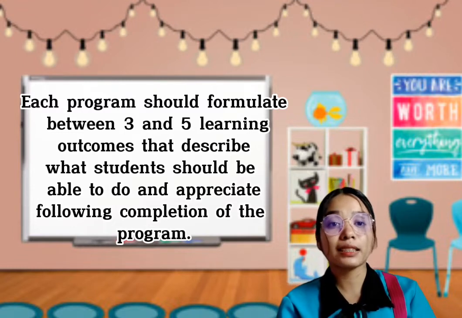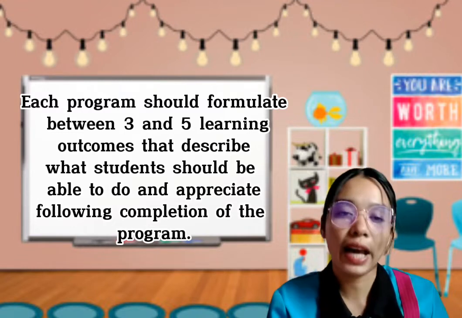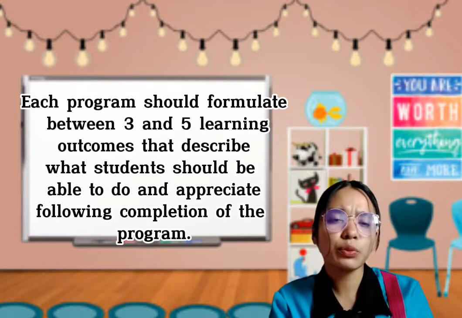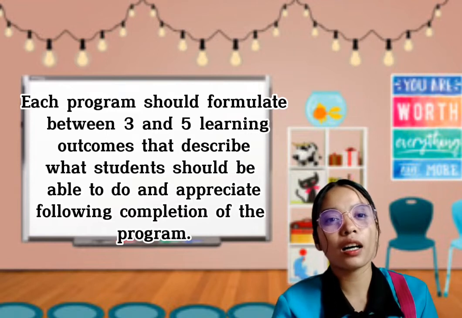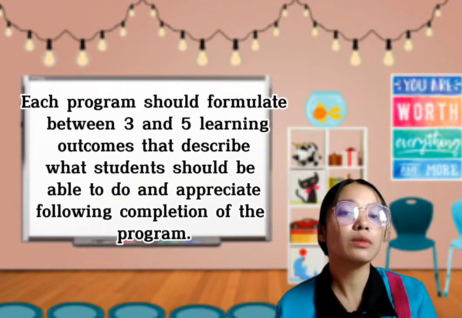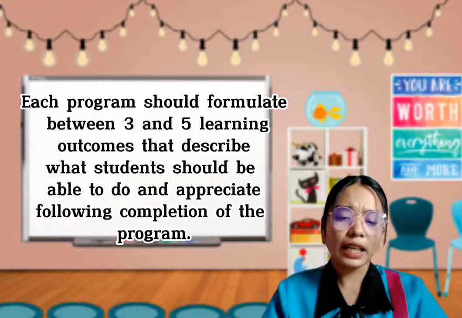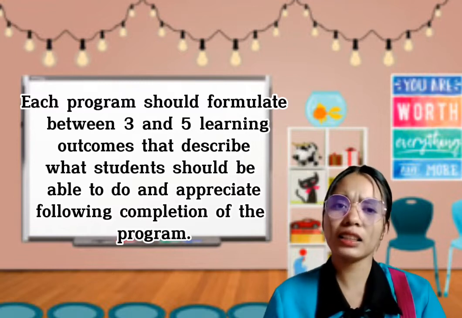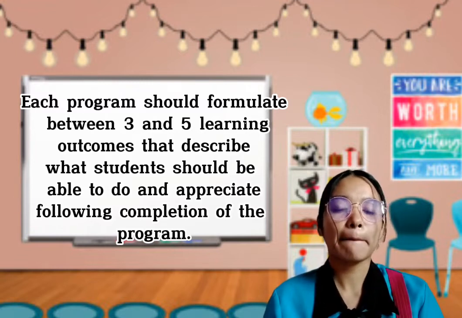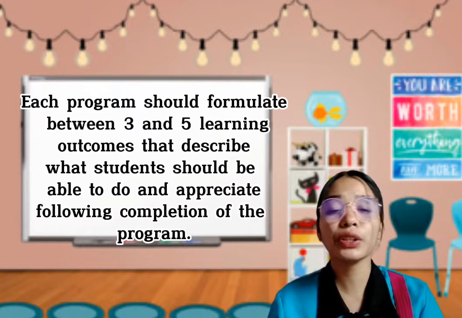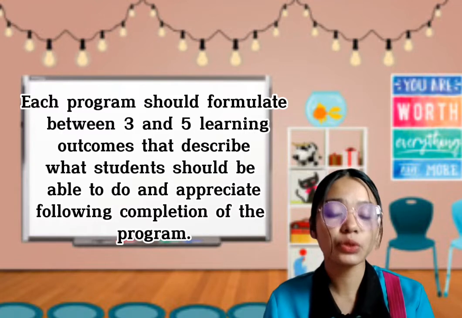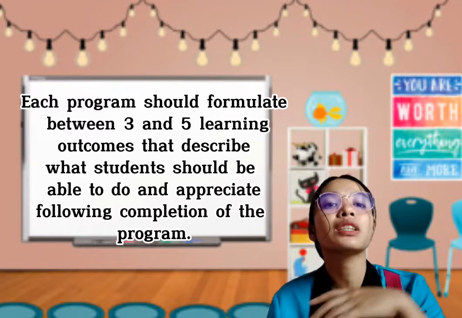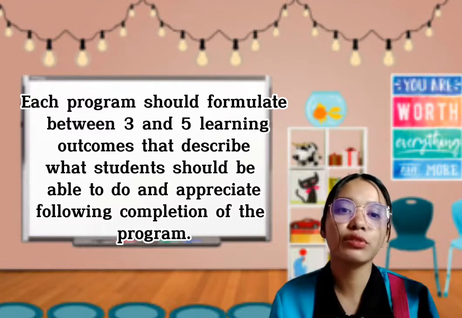So in making an assessment, you must clearly define what would be your questions, what would be the content of your assessment, so that you are able to identify the learning outcomes. In all your discussions there must be an assessment that is related to it, so that the students would be able to know and have knowledge